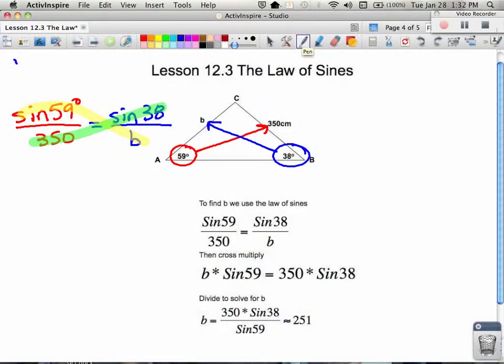So from the yellow highlight, if I write down what's going on, I would have b times the sine of 59 degrees. Then that should be, from the green highlight, 350 times the sine of 38 degrees. Now, if I look at the right-hand side, and I just type that information into my calculator, that is, I type in 350 sine of 38 degrees, I end up with